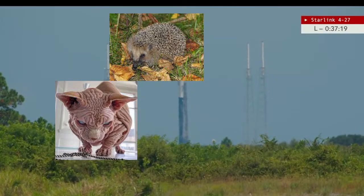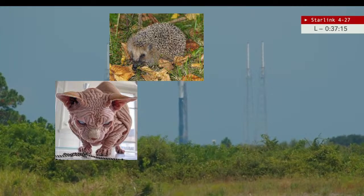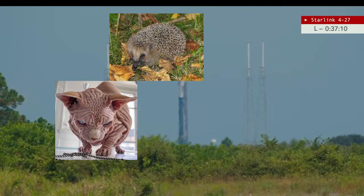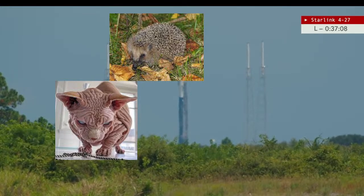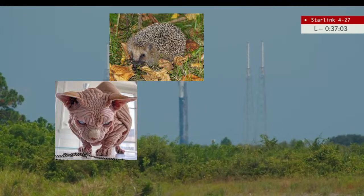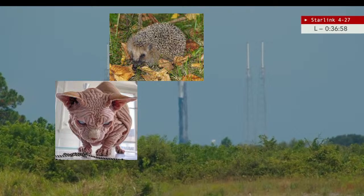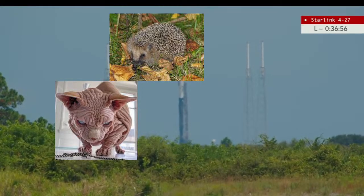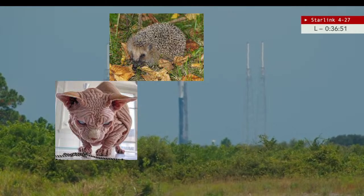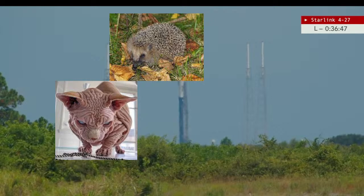The satellites on today's mission are heading to an inclination of 53.2 degrees. This is also known as shell number 4 in the Starlink constellation. There are 5 Starlink orbital shells or layers at an altitude of roughly 535 to 550 kilometers, but at different inclinations at 53.0 and 53.2 degrees. Those are mid-inclination orbits. And then there are also inclinations at 70 degrees and then 2 distinct